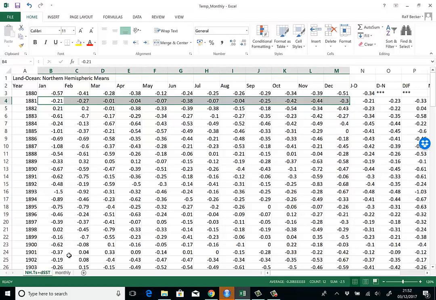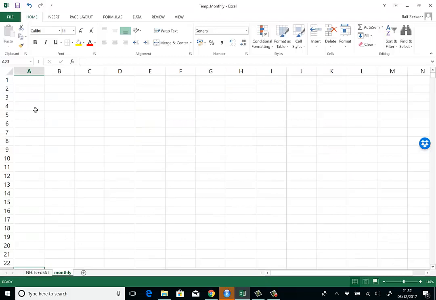We have to be a little bit tricky. The best way to do that, at least I think so, there are several ways, is to first think about what the resulting spreadsheet should look like. So we want years, months, and then the temperature anomalies. We know what the first year is going to be, 1880, and the first month is January, and then we have February,